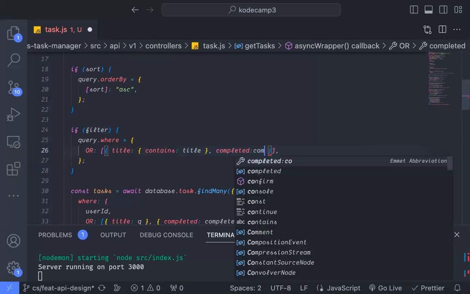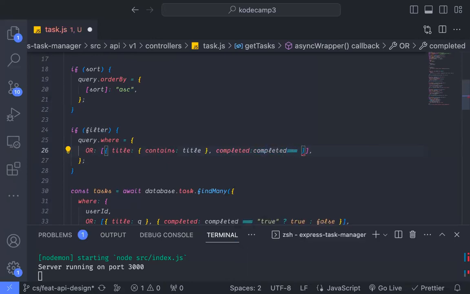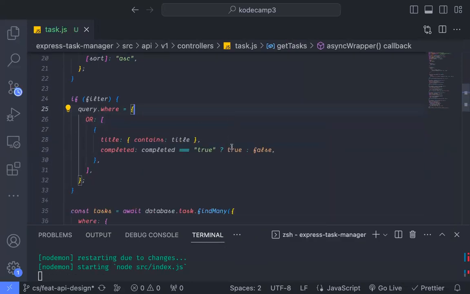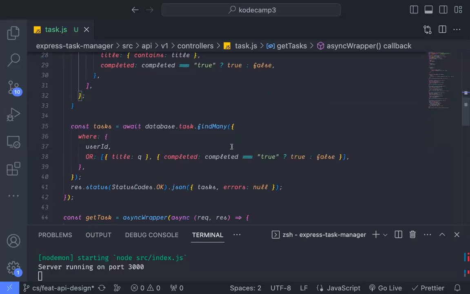We'll say completed exactly equal to true. Then this should return true, else it should return false, because we don't want to do that JSON something. They should be like this. And then we want to take out, but before I take out this object in here,